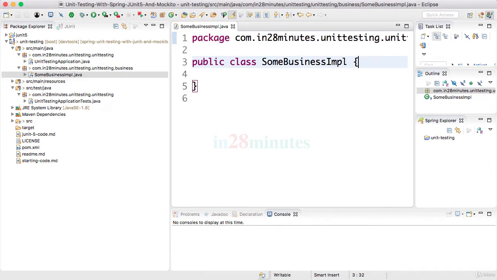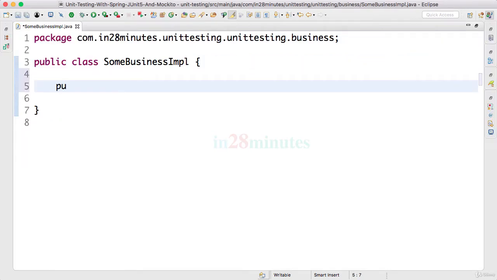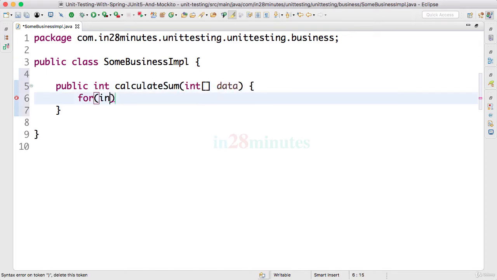And let's say this sum business impl has some business logic present in here, right? So public, let's say it's calculating sum. So let's keep it very simple. Let's say it's calculating a sum of an array which is passed to it. Calculate sum, and to it an integer array is passed. So for each int value in data,